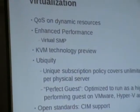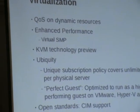We acknowledge that KVM has some very interesting opportunities and very fast development, and we will support KVM in SUSE Linux Enterprise 11 SP1 for specific workloads. So we will not generally support it as we do with Xen. We support a broad matrix of operating systems and versions. And for KVM, we will start with a limited definition of what we will support. But we will support